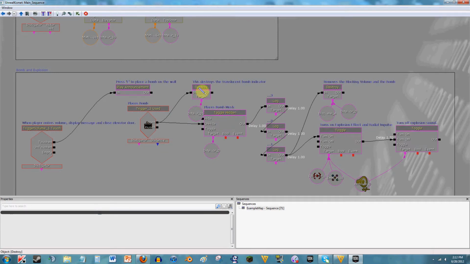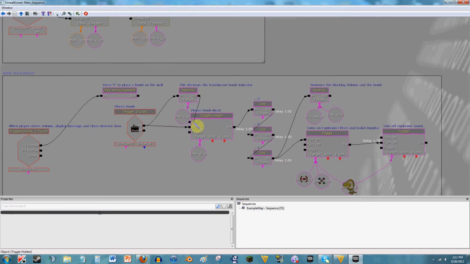But anyway, you put that in there, you're in, and your out would be to continue a line of code along that area, but since we don't need to, it's fine. You could technically just put this on unhide and it would work the same, but they did it this way so it's a little more organized and you can follow it easier. These two things happen at the same time, which is another reason they did it separately. You want it to destroy that other thing and also place this at the same time,